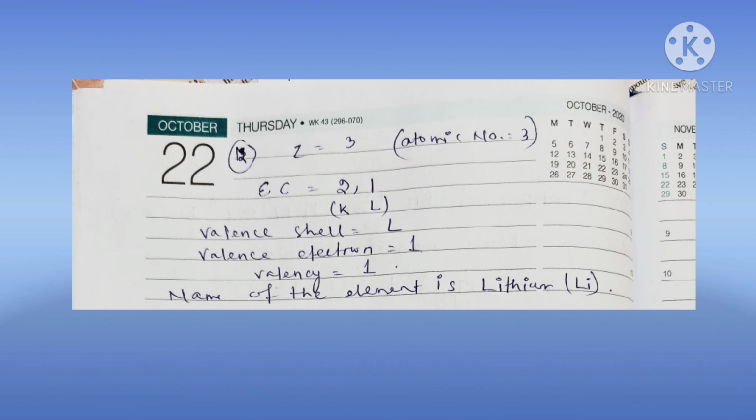So in this way you have to calculate, and you have to also write down all the electronic configuration. I told you also that you have to remember up to 30. First 30 elements you have to remember the atomic number. If you remember atomic number and the number of shells the electrons may arrange, then you can write the electronic configuration easily. No need to mug up the electronic configuration of all the elements. Am I clear, students? So try to remember all the atomic numbers up to 30. Okay, then only we can write.